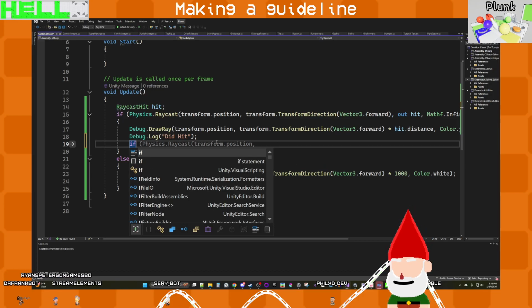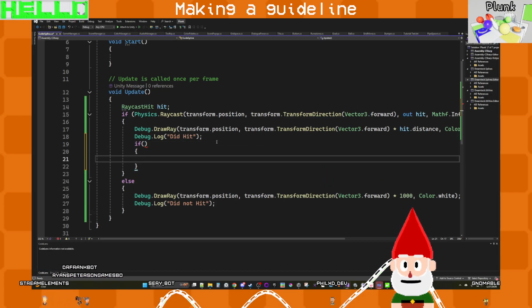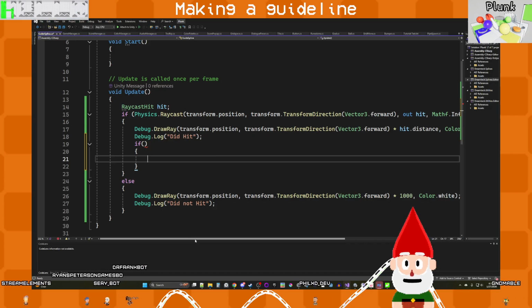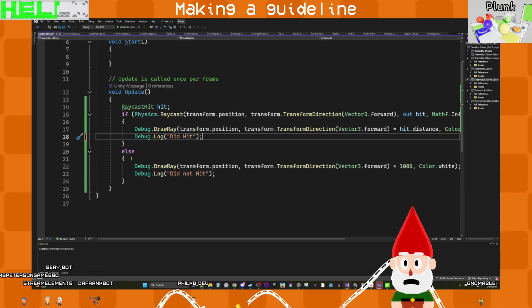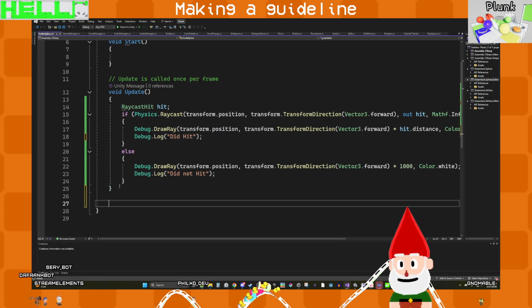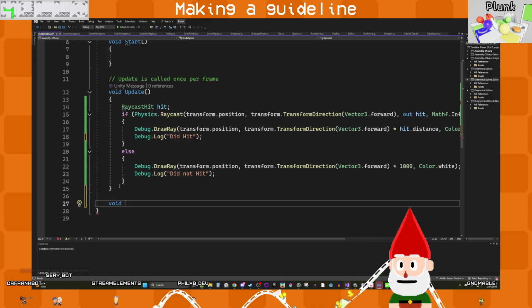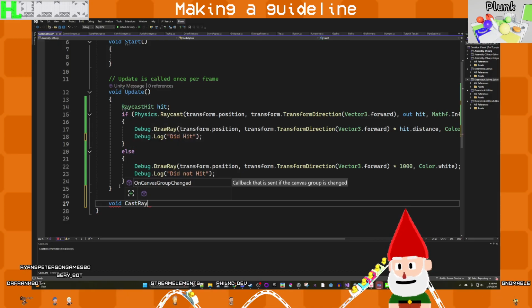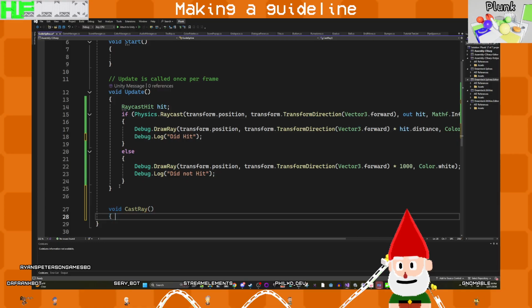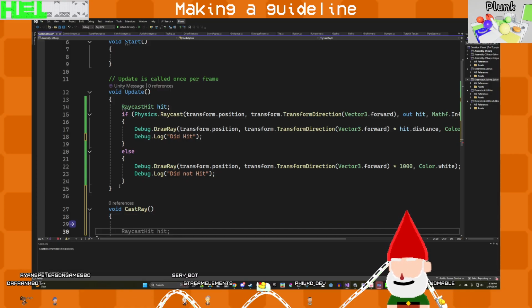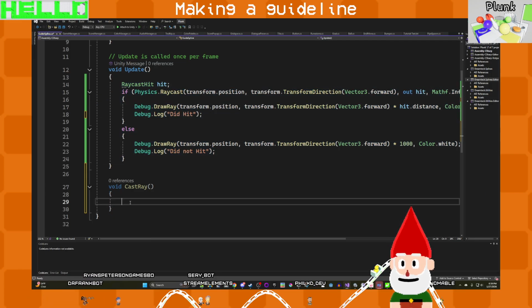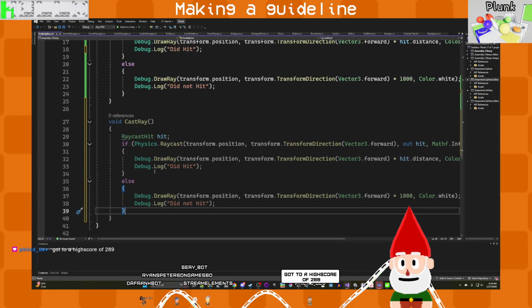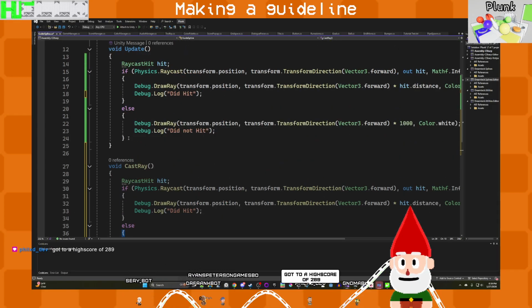Okay, this feels like it should be recursive, but for now, we're going to just do the same thing as a test. Yeah, okay, no, this is immediately like it should be recursive. So let's just do that then. Cast ray. Then we jam you in here. And then